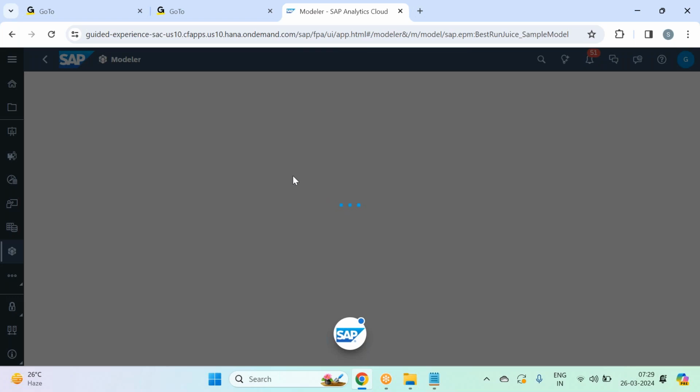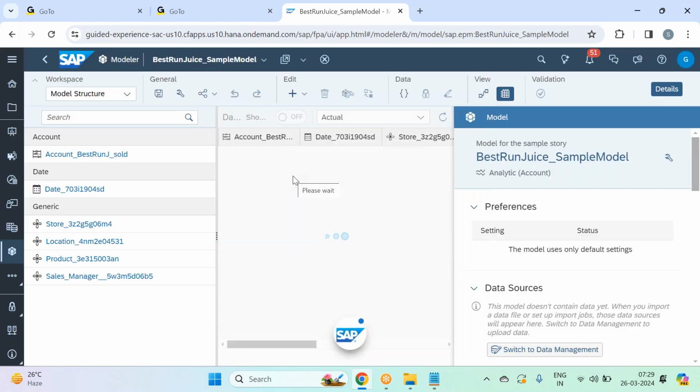One point to be noted is that I'm using the existing model given by SAP. What SAP did was,